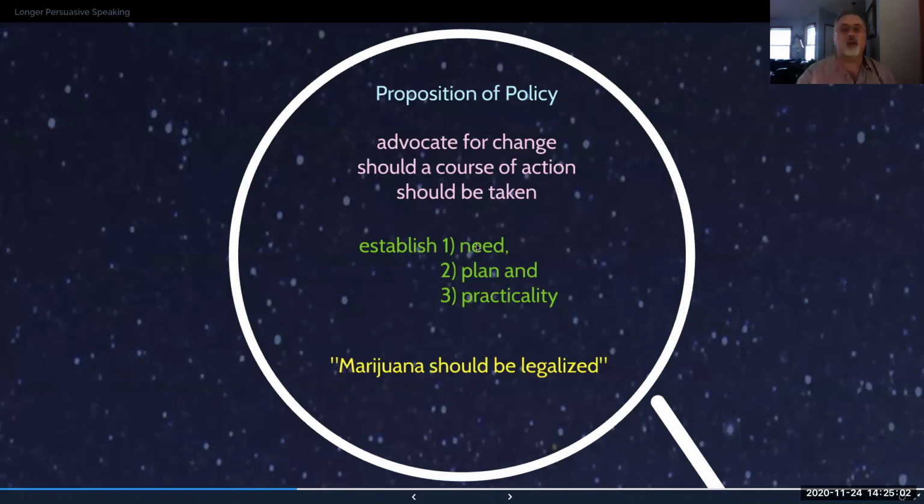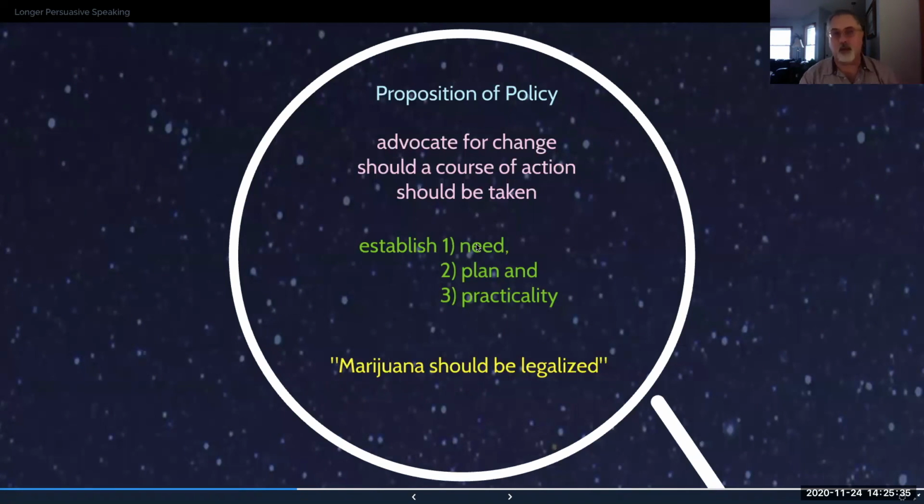In this particular instance, since marijuana was the one used in all three of them, early on, people argued the value argument and got the value thing established where people were like, okay, maybe we should relax our ideas of how bad marijuana is. And then once they did that, they came back in later with a proposition of policy change to make it legal in the states that have made it legal. So that was actually a two-part persuasive campaign: one, to do the value, and two, to go in and do the policy change. And sometimes you need to do that too.